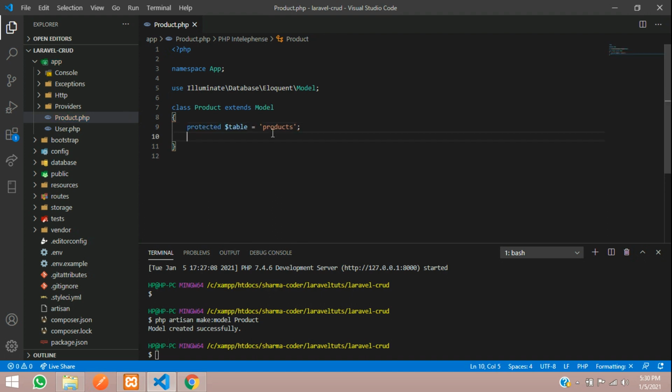Now we have to mention all the fields which we want to fill. So we name it $fillable, and within this array mention all the field names. These are the column names from your database: name, price and description.